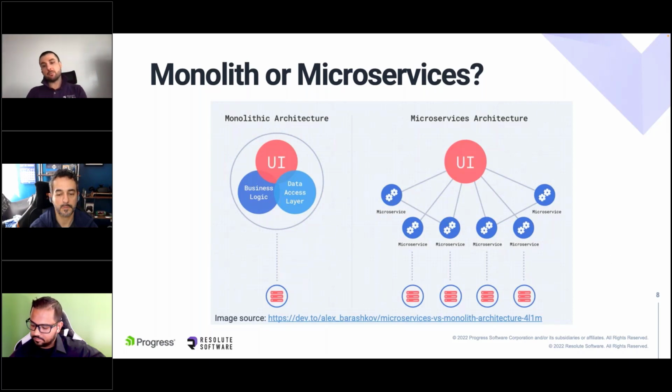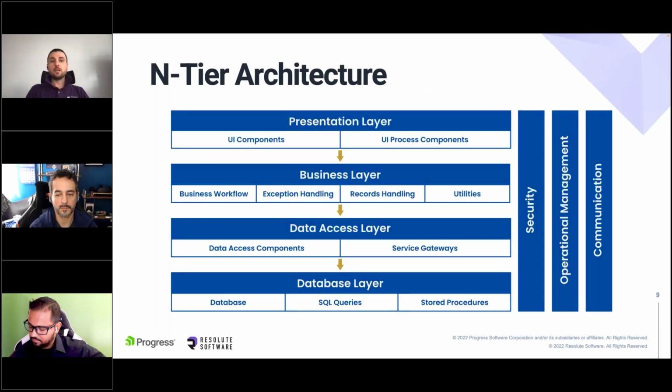So there are good practices and bad practices in both architectures or both patterns, and we do not really have a strong preference or a one size fits all type of mentality when picking between a monolith or a microservice. But we like to talk about n-tier architectures.